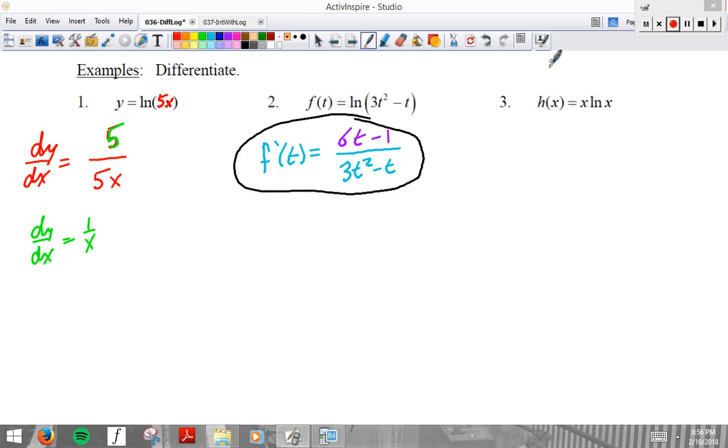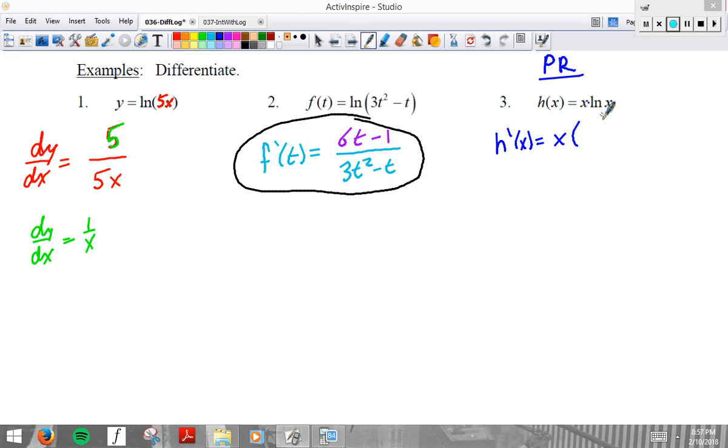If you said or thought product rule, you're right. Product rule. This is a multiplication of two functions. Whenever I see two functions without a symbol between them, that's a product. So h prime of x,